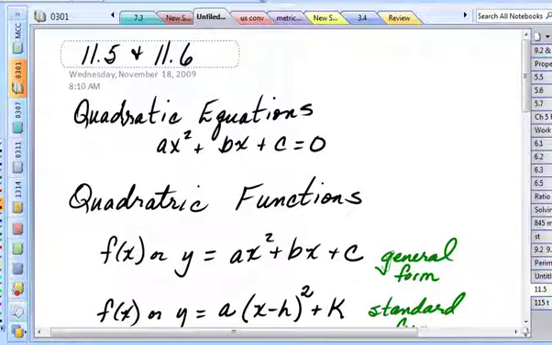Okay, we're going to tie up all the loose ends of Chapter 11. So far, we've talked about quadratic equations. So we have done this much so far. And we have solved quadratic equations by factoring,